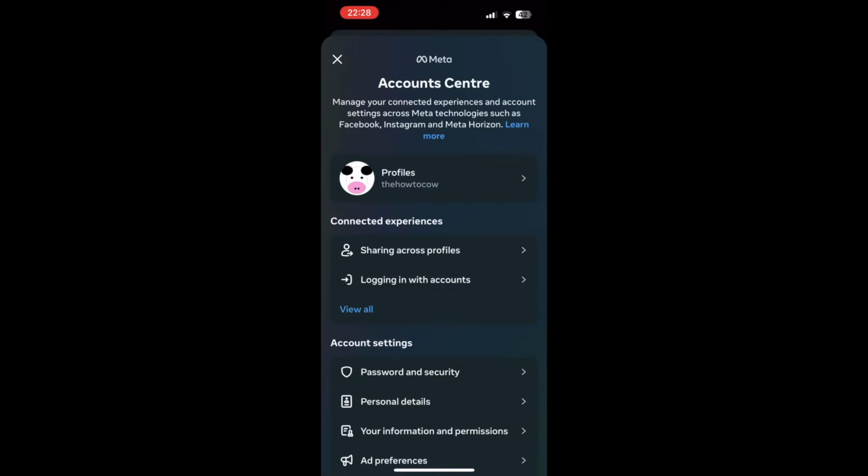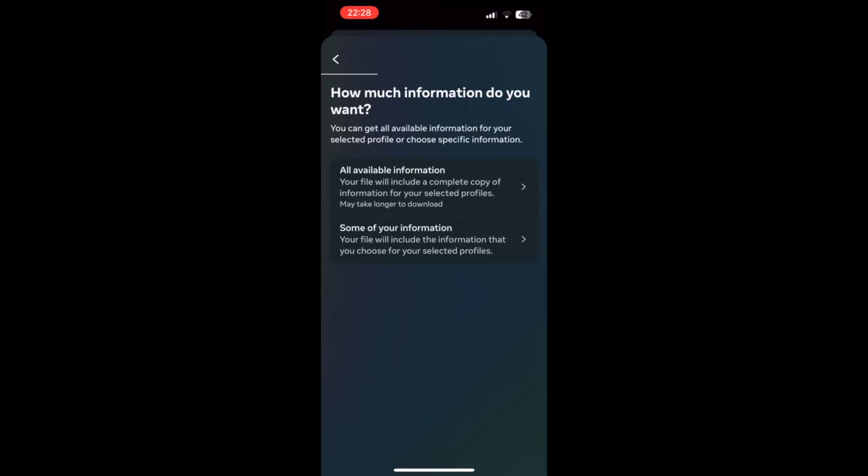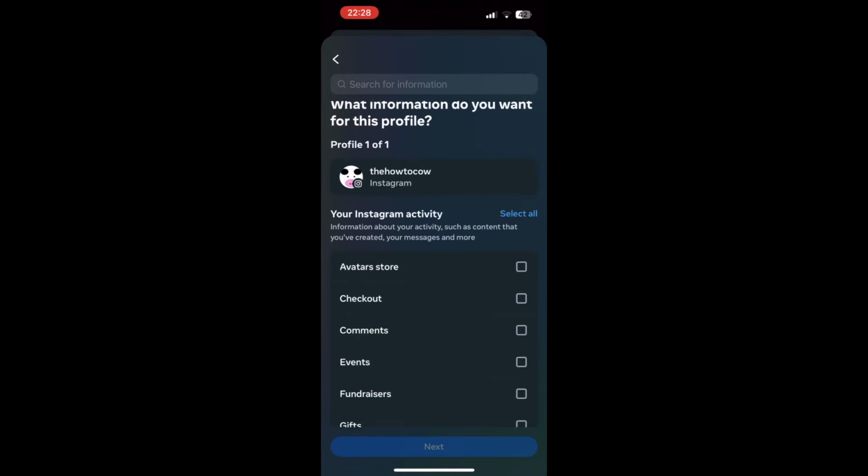Click on that. Then right here it should pop up something like this where you want to click on download or transfer information, the button in the middle. Then you want to click some of your information. You can also download all at the top if you want to, but if it's to some, go ahead and